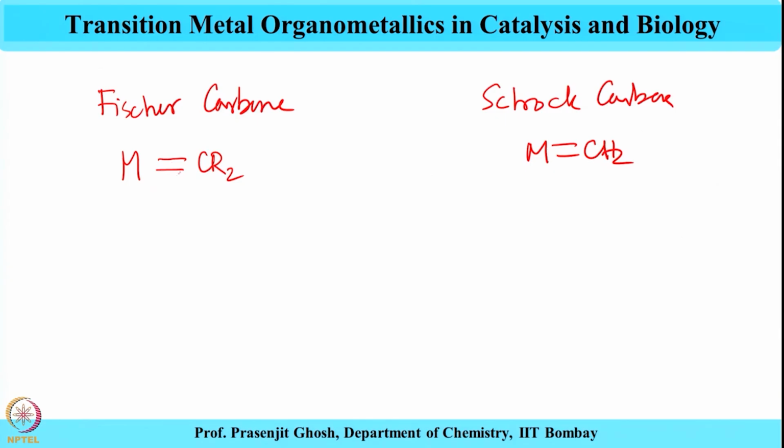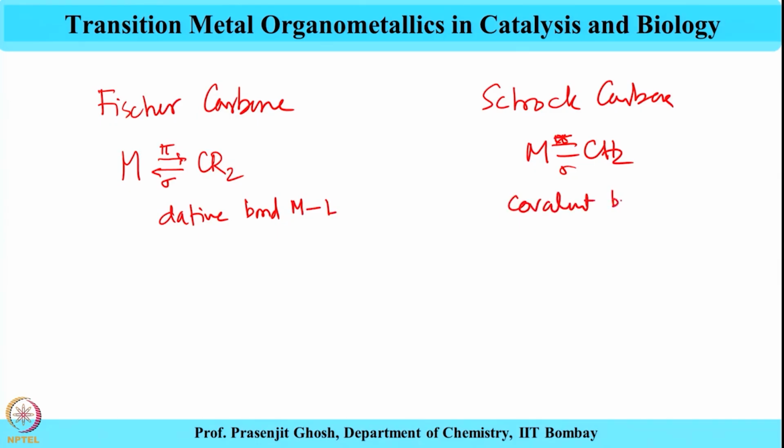In the Fischer carbene it is ligand to metal sigma donation followed by metal to ligand pi donation, whereas in Schrock carbene both the sigma as well as the pi bonds are simple covalent bonds. So, one can say that this is a dative bond between metal and ligand, and this is a covalent bond